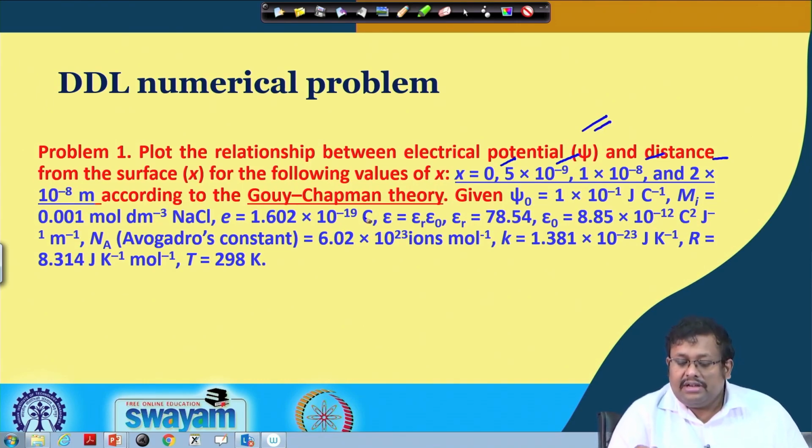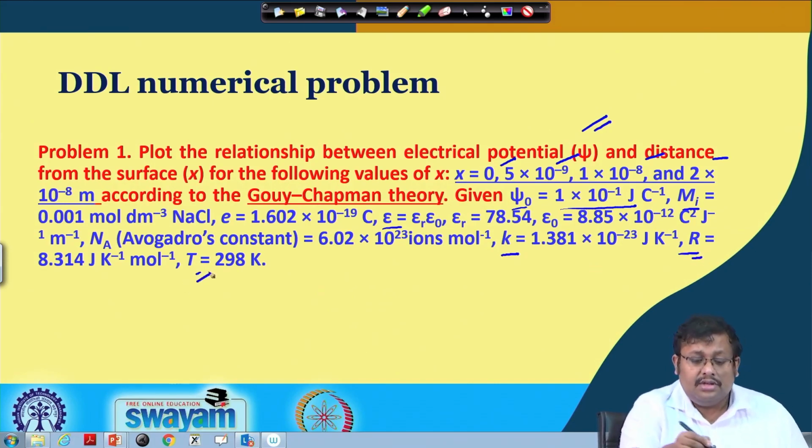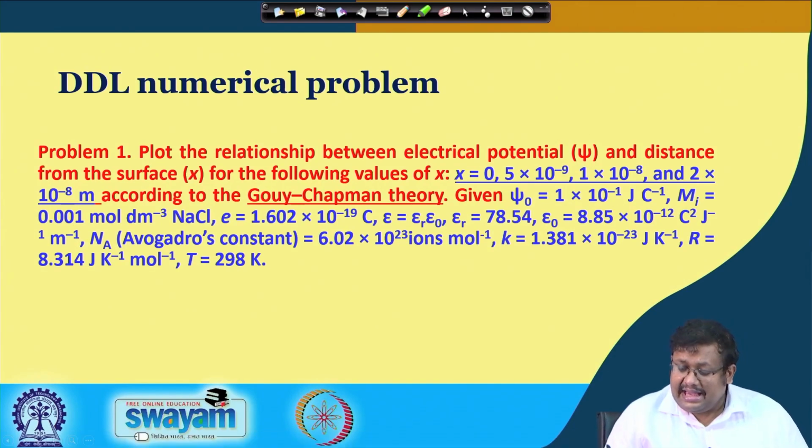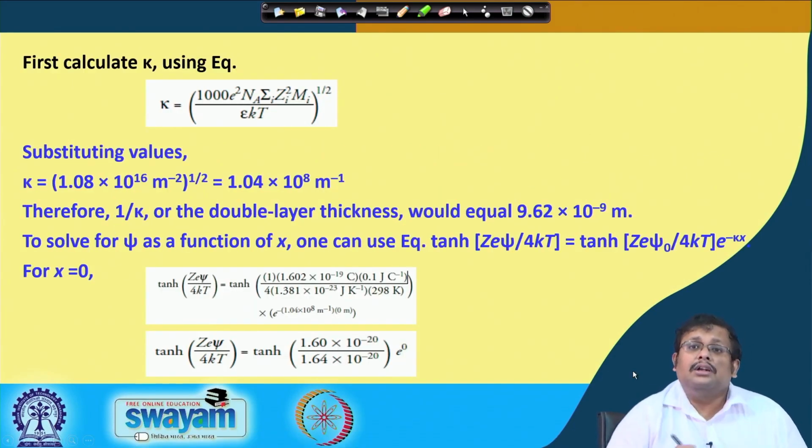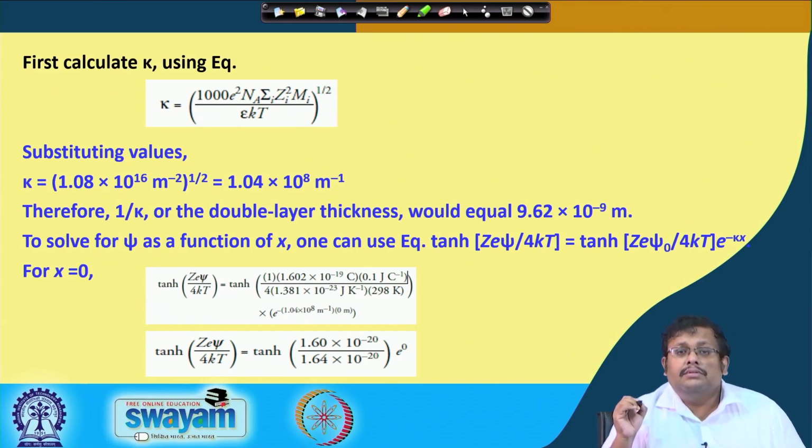according to the Gouy-Chapman theory. Now, given is psi 0, that means the potential at 0 distance, and then e value is given, eta value is given, and then the Avogadro number or Avogadro constant is given, and also k and R and T are also given. So, let us see how we can calculate this. Since we have already got all this information,